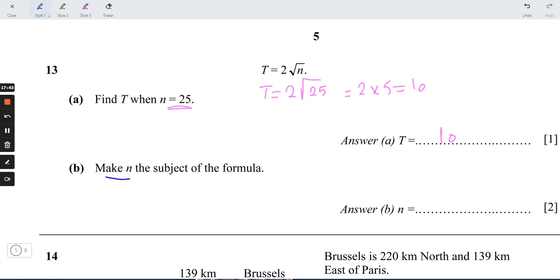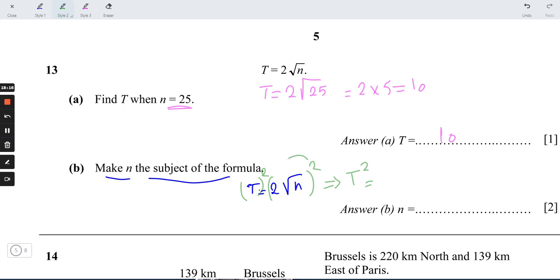Now here, make n the subject of the formula. Here you have to write n in terms of t. Here we should show our work. So t equals 2 square root n. To cancel out a square root, we will square both sides like this. Take the power of 2 to both sides. t to the power of 2